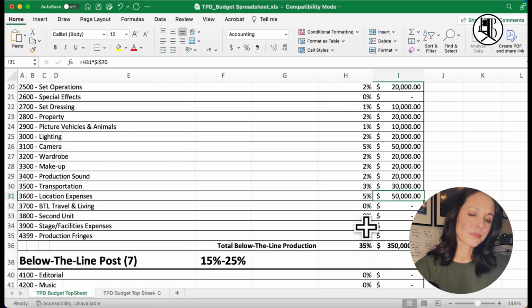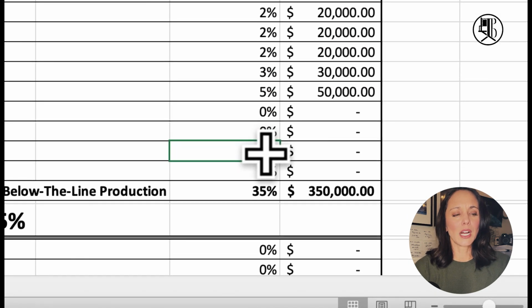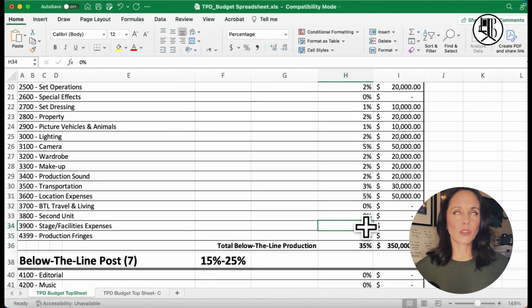Stage and facility. If we had to do the build outside of, say, the radio station, if you found the actual building and they let you build in it, great. But if they say no, you cannot build within this facility because it's a historical building, then you'd probably get a stage. I did this for several biblical films where I created a village in a warehouse in downtown LA. It actually worked out pretty good, and then I just connect the exteriors with B-roll. So we might need to do that. So we're going to add